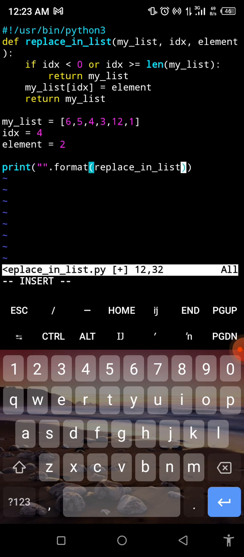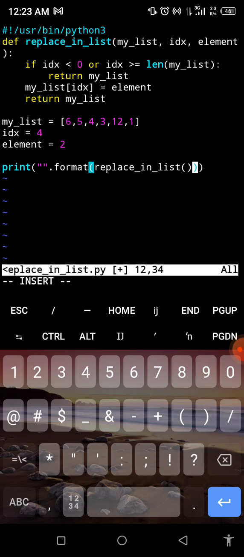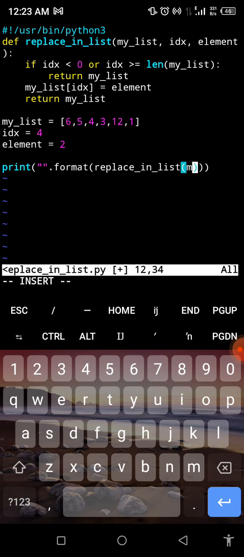I've forgotten to add the parameters in there. The first one we have there is my list. The next one is index. And the final one is the element. Now that I've done that,